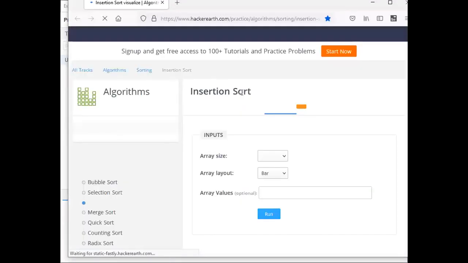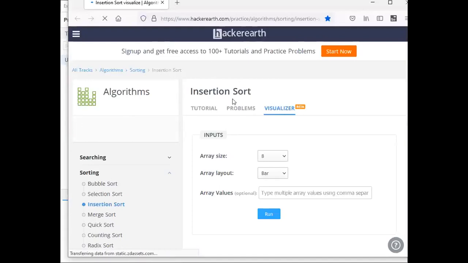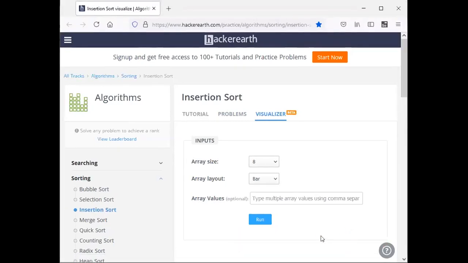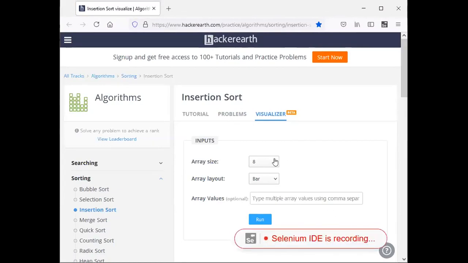There is no need to open that page. It won't be considered or specified. What it is doing is opening the page where it is considered. Let me show you. It opened this page. If you see, it is recording. The IDE is recording. There is a representation that recording has been done.